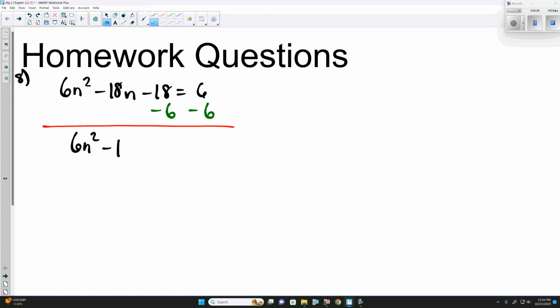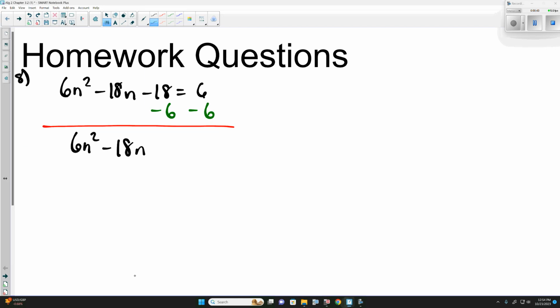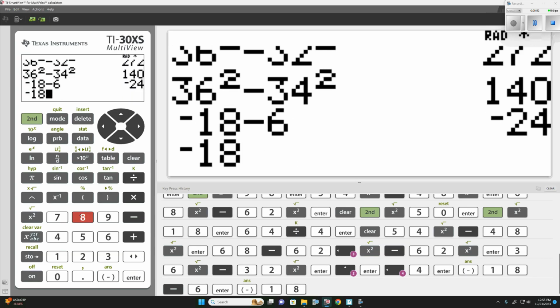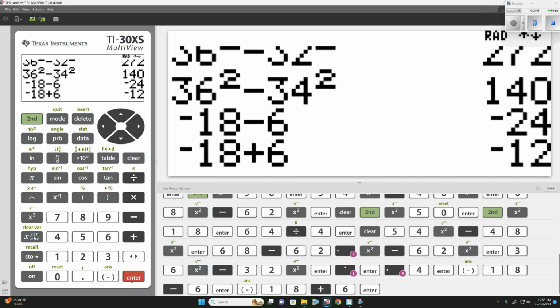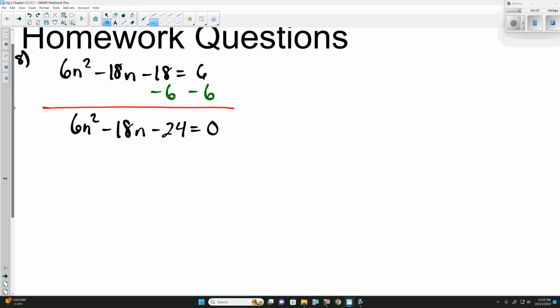So 6n squared minus 18n, and negative 18 minus 6 is... if you added it, negative 18 plus 6, you would indeed get negative 12, but we're not adding it, we are subtracting it. Or we can add it, but we're adding a negative, because negative 18 plus negative 6 or negative 18 minus 6 would give us negative 24. Now there is a greatest common factor of 6,